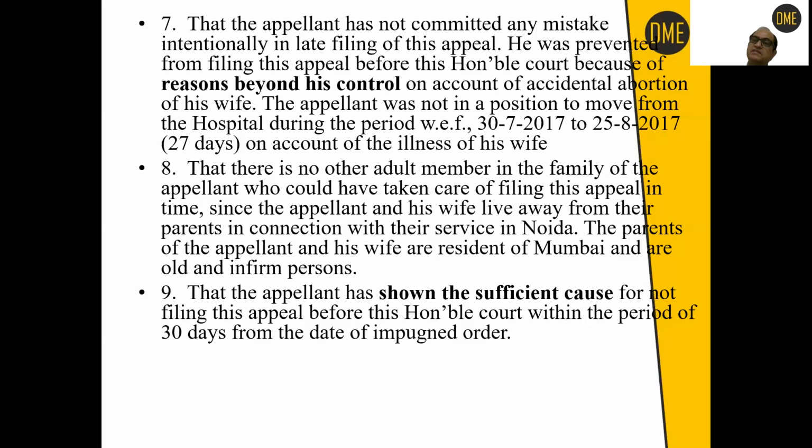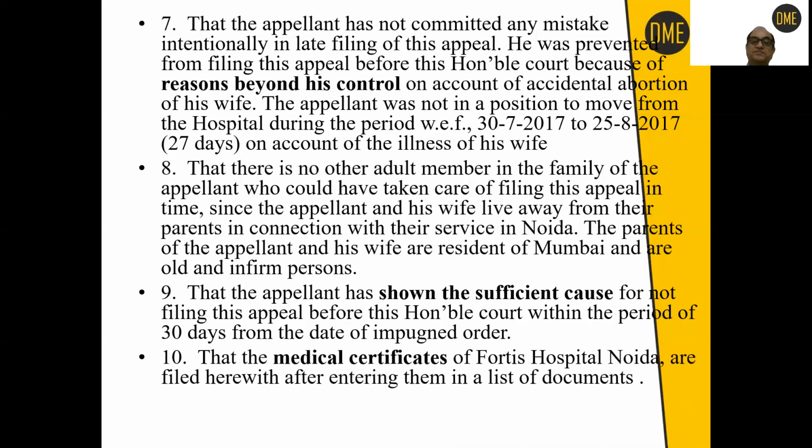Why is the date of judgment excluded? Suppose sometimes the judgment is pronounced at 5 o'clock in the evening. So that day is already gone. So the law is justified in saying that the date of judgment shall be excluded when you count down the period of limitation and the date of filing the appeal.